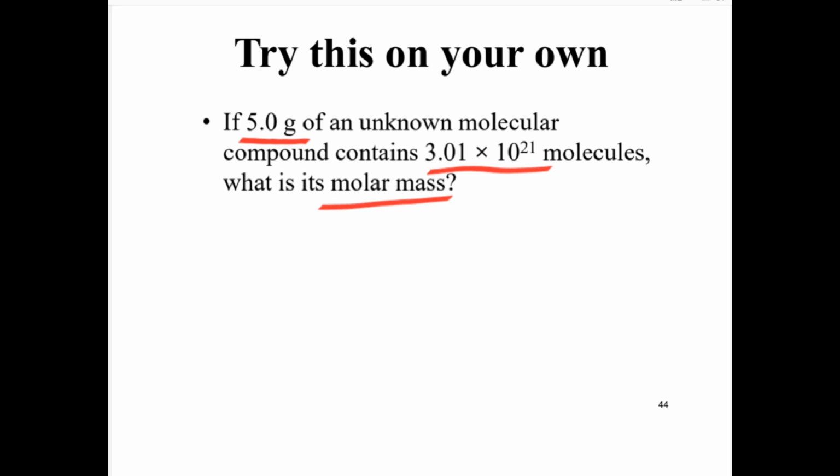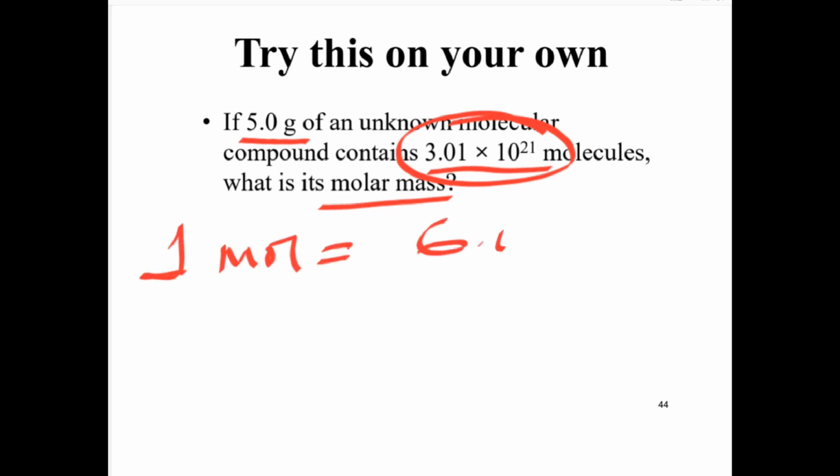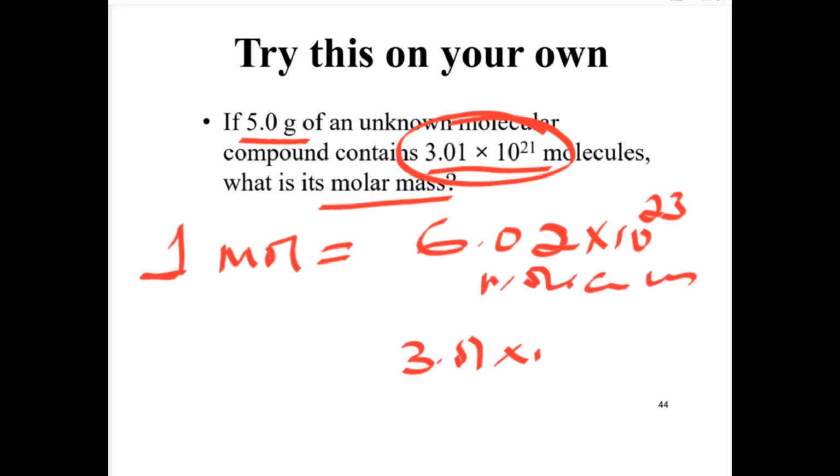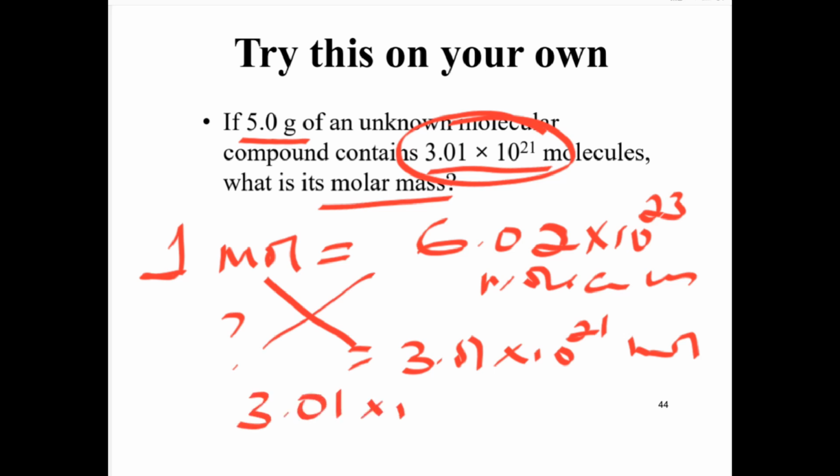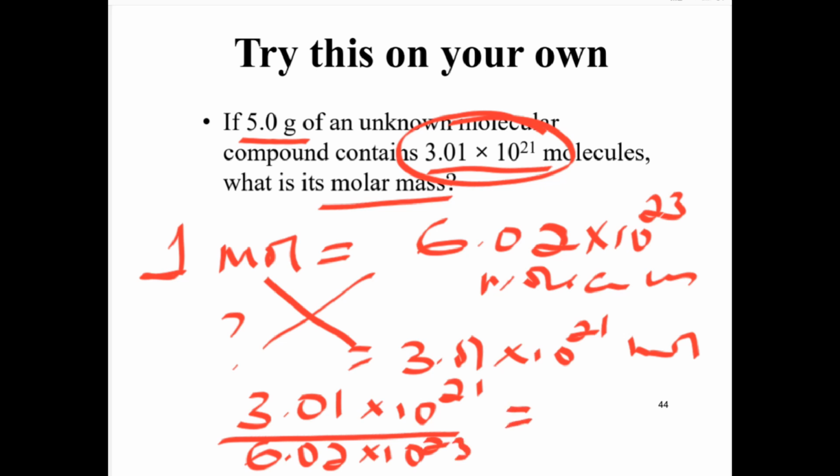ስለዚህ number of molecules ተሰጥቶናል፣ ማስ ተሰጥቶናል። ስለዚህ ሞላር ማስ ነው የተጠየቀው። ስለዚህ ይሄን ሞለኪውል ወደ ሞል መቀየር ይችላል ማለት ነው። ምክንያቱም አንድ ሞል ኦፍ ኤኒ ሳብስታንስ ምን ያህል ይዛል ብለናል? 6.02 times 10 to the power of 23 molecules ብለናል። ስለዚህ 3.01 times 10 to the power of 21 molecules ምን ያህል ሞል ቢሆን ነው እንላለን። ስለዚህ ክሪስ ክሮስ ይሄ ማለት 3.01 times 10 to the power of 21 over 6.02 times 10 to the power of 23 ይሄን ካልኩሌት ስናደርገው ስንት ይመጣል? 0.005 ይመጣል ማለት ነው ሞል።